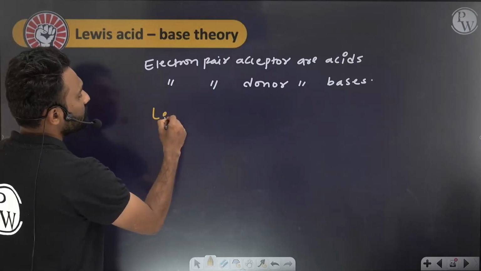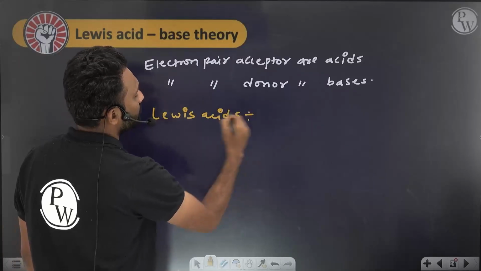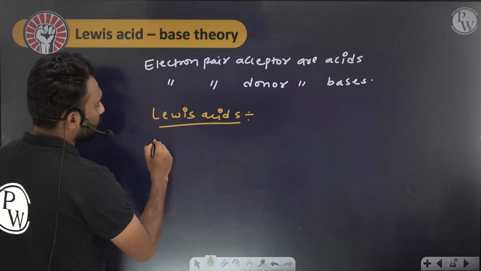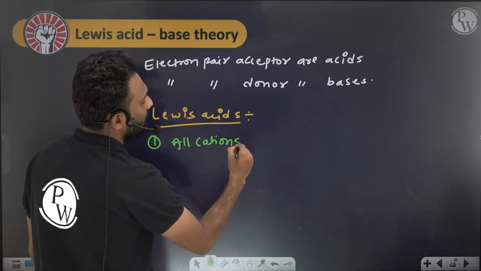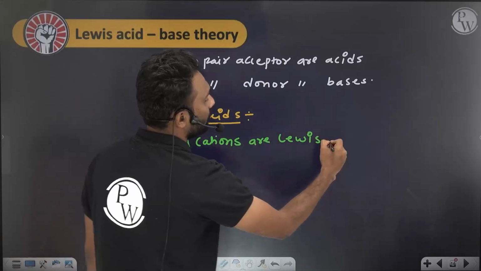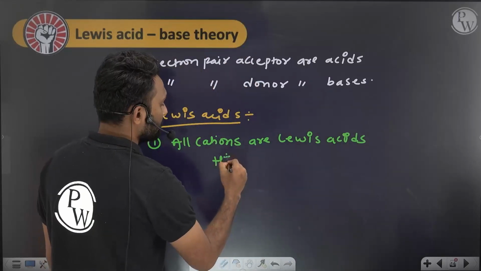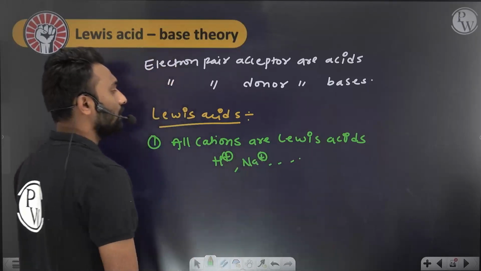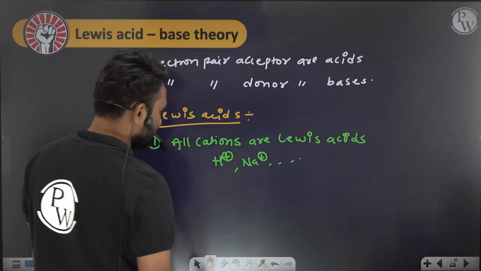First, Lewis acids. Lewis acids ಅಲ್ಲಿ first point, all cations are Lewis acids. H plus, Na plus and so on. These all are the Lewis acids. All the cations are the Lewis acids. Next,